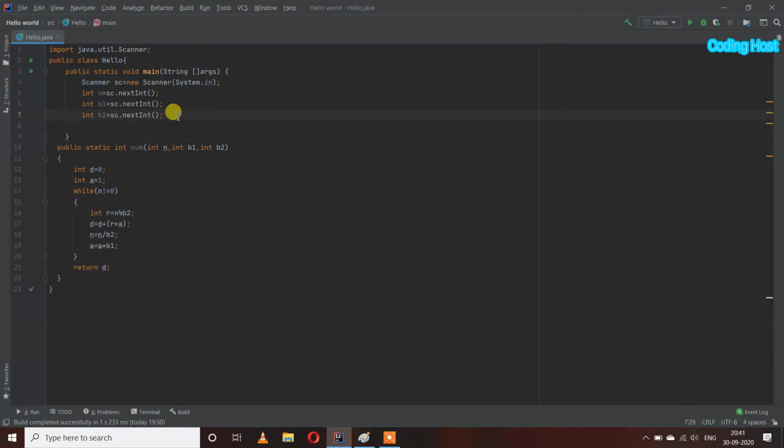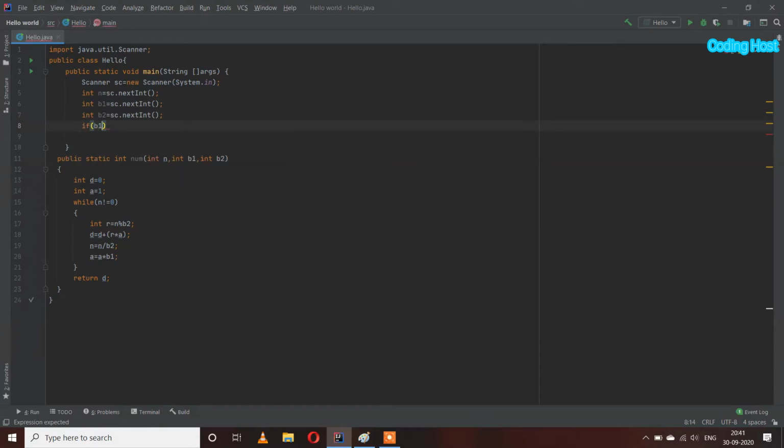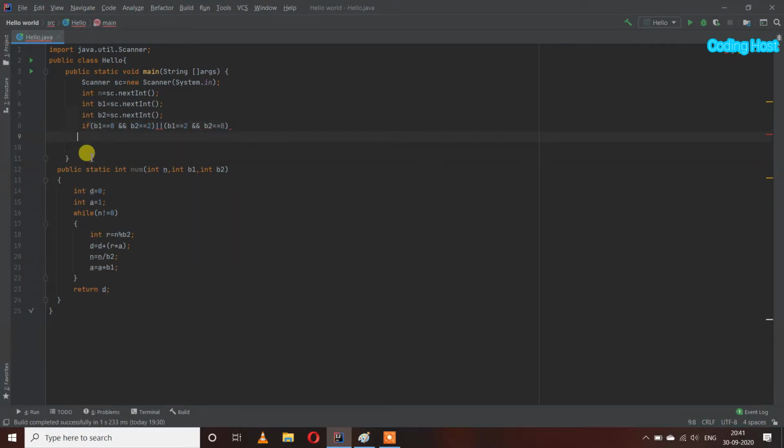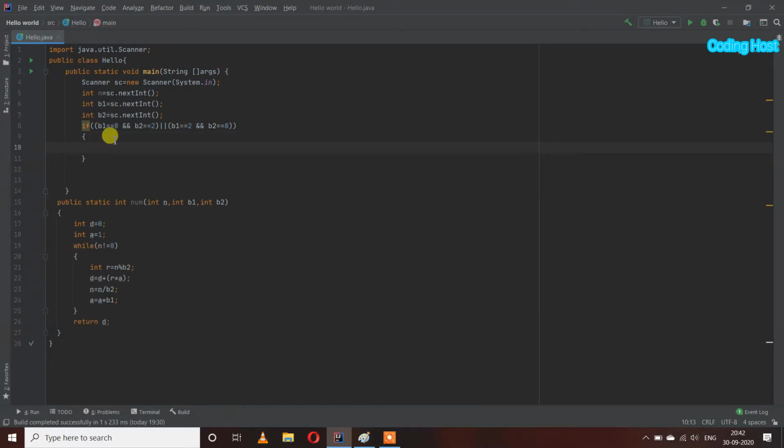In the main method I will take an if else statement. If b1 is equal to 8 and b2 equal to 2, or b1 equal to 2 and b2 equal to 8, I will take them inside another bracket. So we know that if we are converting an octal number to binary or a binary to octal number, first we have to convert our number to decimal and then decimal to the next base.